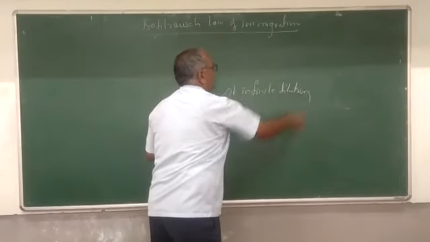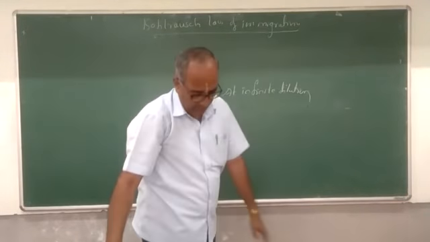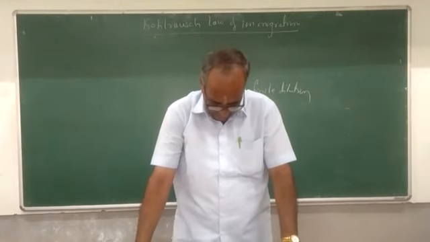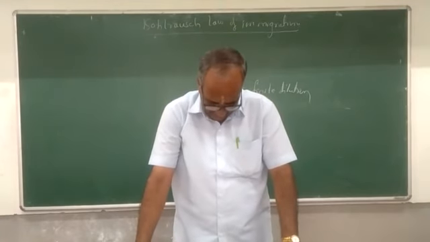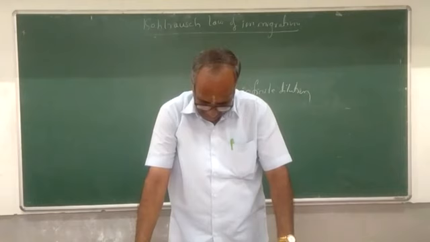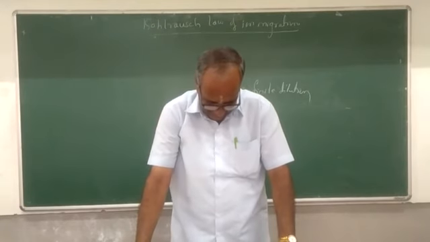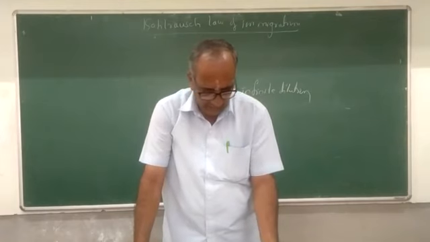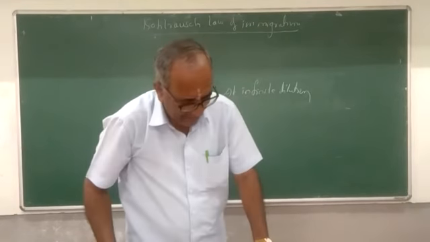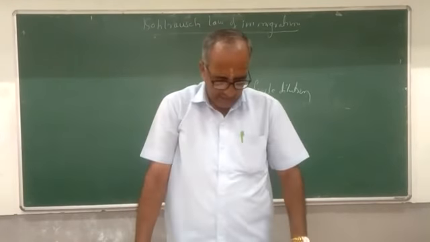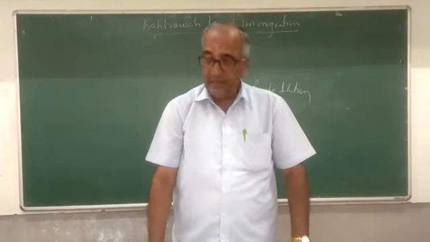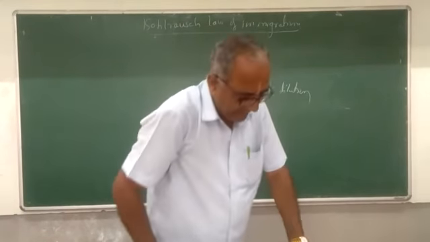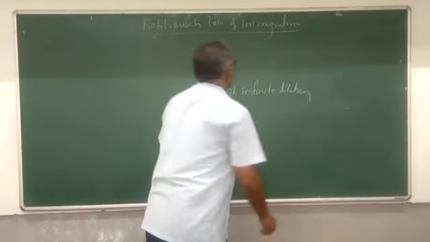At infinite dilution, what is the statement of the Kohlrausch law? At infinite dilution of an electrolyte solution, the electrostatic attraction between the ions is negligible. Hence, each ion makes its own contribution to the total conductance. So, according to the Kohlrausch law, the molar conductance of an electrolyte at infinite dilution is the sum of the contribution of the cation and anion.